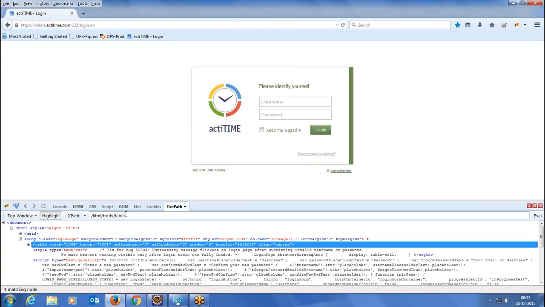This is what is called absolute XPath, wherein you start from the HTML and navigate downwards towards the actual element that you want. Down the line you'll go further and maybe reach the username field. This is absolute XPath, which starts from the root and comes down.